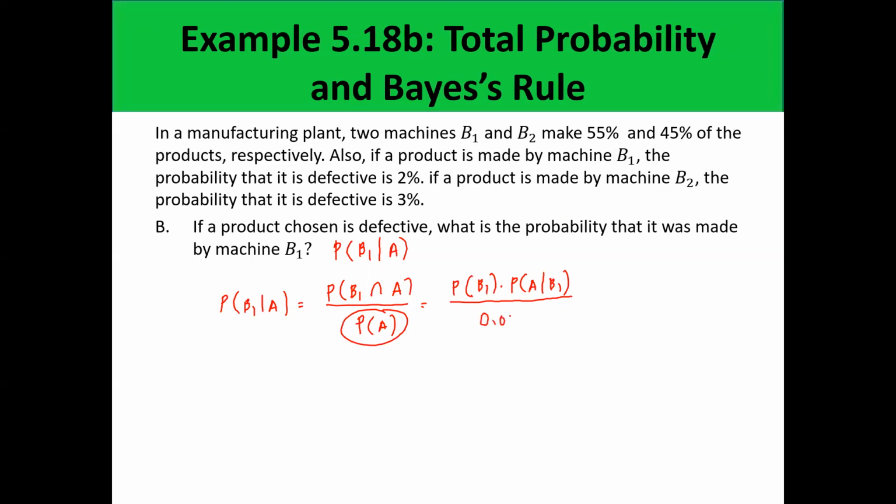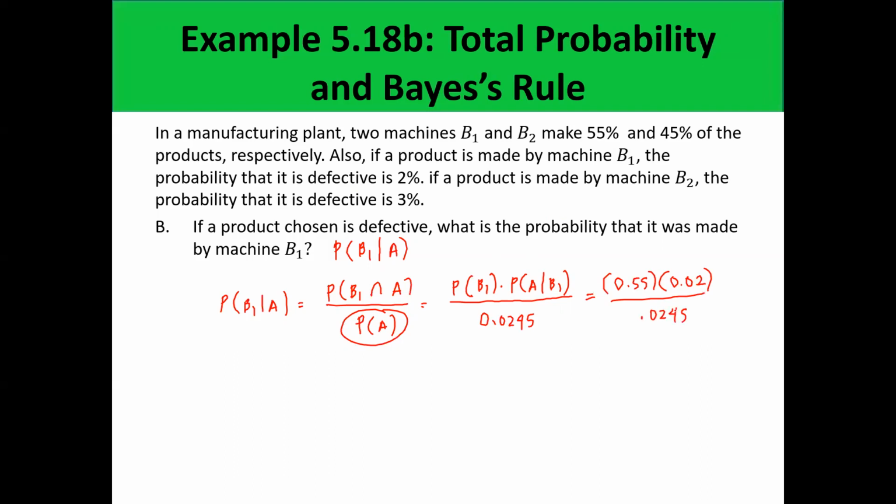And that value is 0.0245. So in the numerator, the probability of B sub 1 is 0.55, and then we multiply it by the probability that the product is defective given that it is created by machine B1, and that's 0.02. And then we divide it by